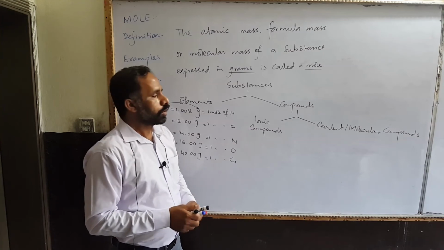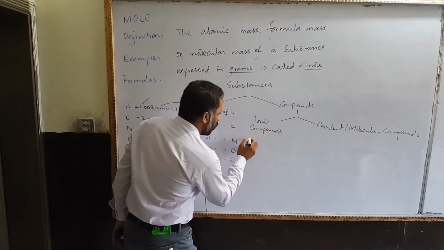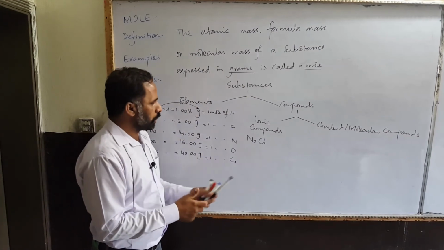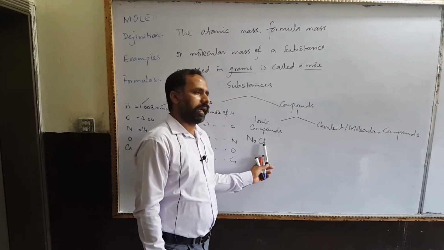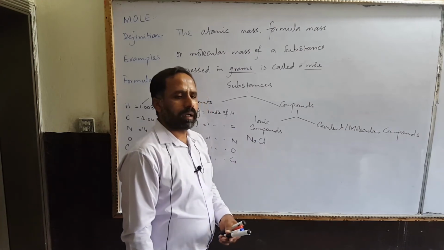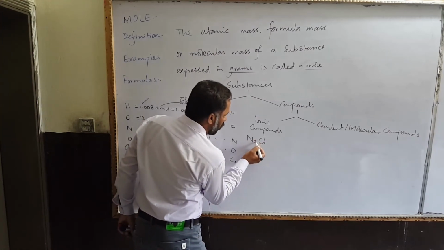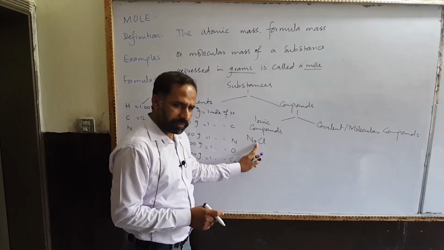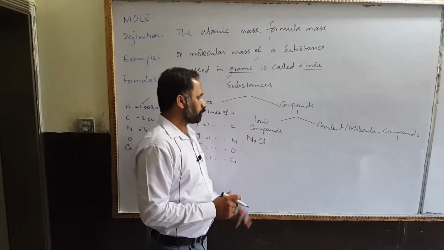These have the charges. So the most familiar example of an ionic compound you have discussed in your classes is NaCl, sodium chloride. In this compound, the sodium atom contains +1 charge, and the chlorine atom, or the chloride ion, contains -1 charge. And we have to calculate the ionic mass of this ionic compound, meaning formula mass. We have to calculate it in such a way that the mass number of the first element is multiplied by its number of atoms, plus the mass number of the second element multiplied by its number of atoms.